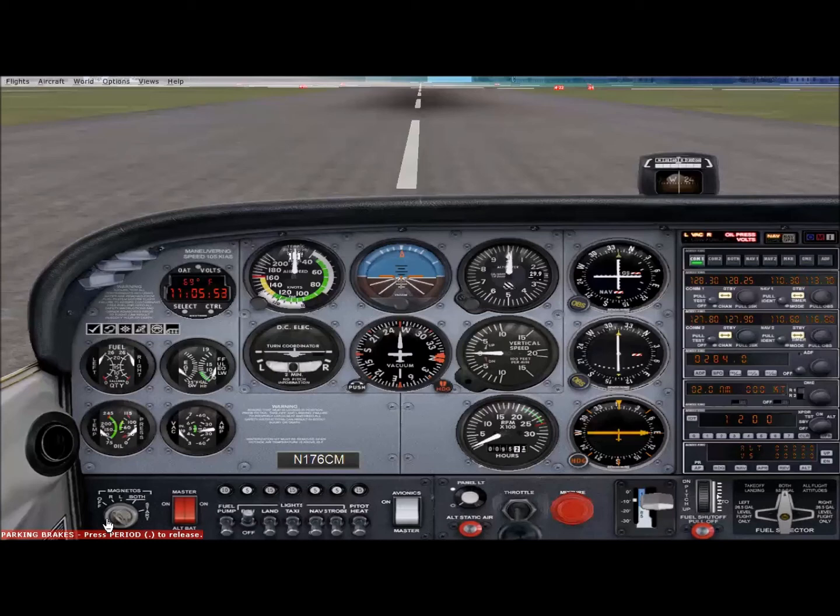Okay, the engine is now cut off. Now to start the engine, first the battery has to be switched on. So the battery is on, the alternator is on. You could see that everything is coming alive. Now this is in off position. These are the magnetos, the right and left magnetos, just like a car has spark plugs. Now here is the start. So what we will do, we will put the magnetos on, then start the engine.